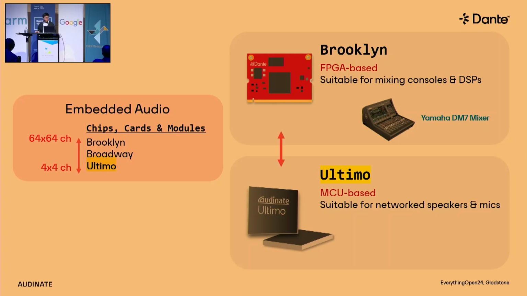It is really suitable for devices that don't require many audio channels, such as speakers and microphones. As examples, we have the Fostex Dante speakers and the Audio-Technica Dante microphone, which are devices where you connect your network cable to your system and it just pops up and does its work. So, focusing on Ultimo,